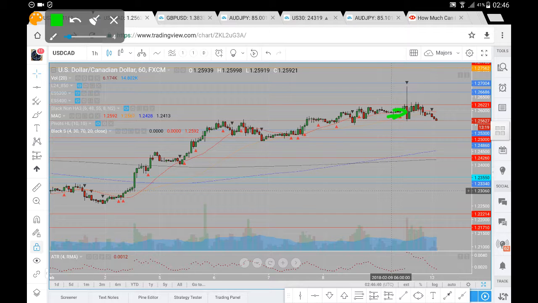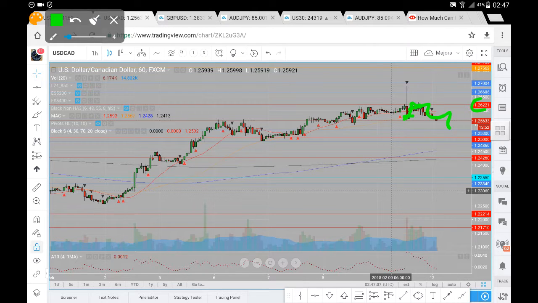This very large candle with this wick to the upside, potentially this was a news related event. It's an hourly chart, so this move upwards, such a large move over such a short period of time, slightly news related. As we can see, the first move up was, I think they call it, a head fake. This move upwards, rejection, came all the way back down, closed bearish, had a brief move upwards, tested the